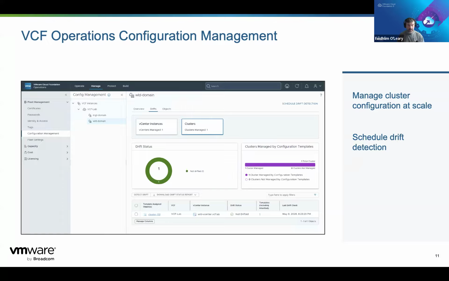We don't have that. There is a periodic drift detection in vCenter. I think it might be every 24 hours. I'm not 100% sure. I'll need to double check that. But you can set up a custom drift detection in VCF Ops to alert you if there is any configuration